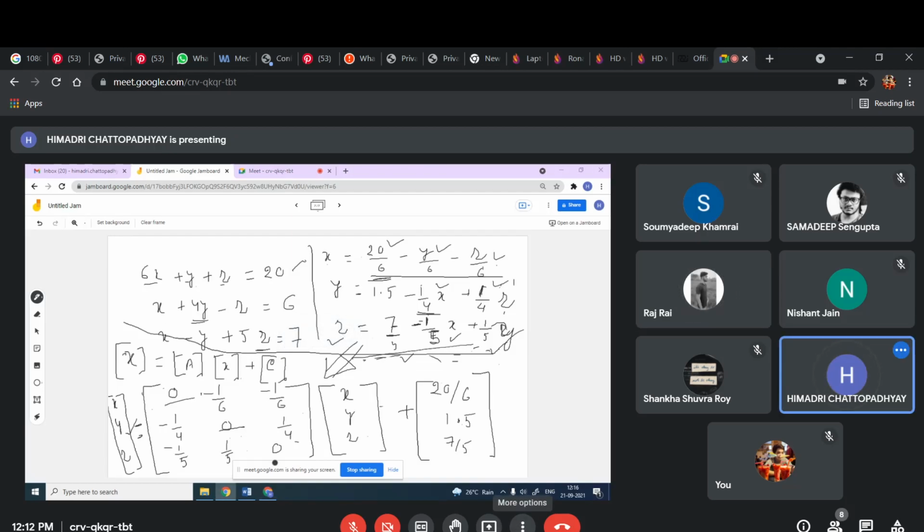Now you see that if you forget this side, but you see row into column. So 0 into X is here, minus 1/6 X is here. Sir, I'm asking why are we again multiplying with the XYZ determinant? No, because this part is XYZ. There is XYZ. So this part is like this.